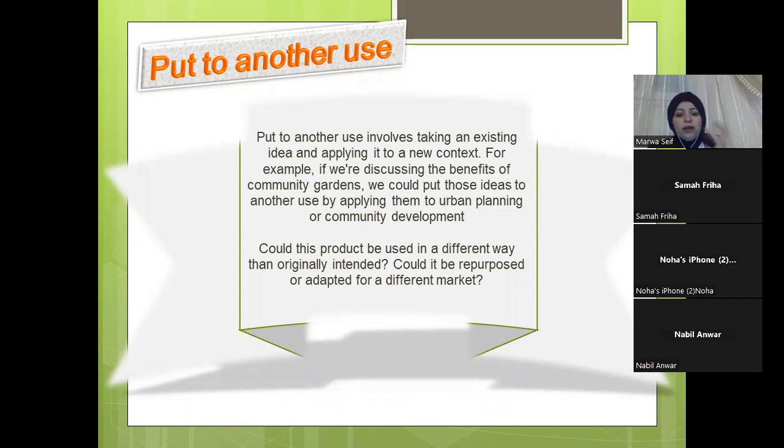Okay, could we display this product to different markets than originally purposed or intended? So this means taking the existing idea or process or product and applying it to a new context. For example, if you are discussing the benefits of community gardens, we could put these ideas to another use by applying them to urban planning or community development. Okay, I hope that